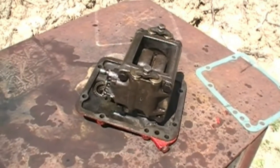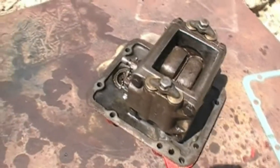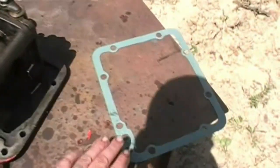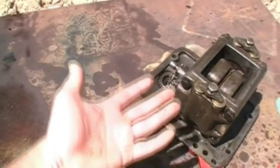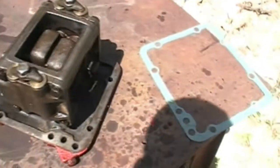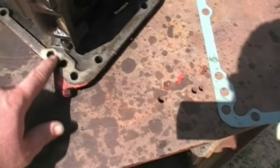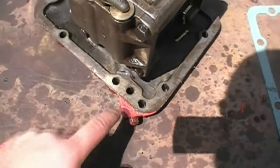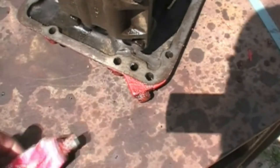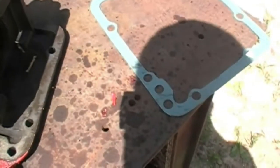This is our hydraulic pump out of the 9N. It has been disassembled and cleaned and put back together with new gaskets. Now, the flange gasket for the cover plate where it bolts up to the bottom of the transmission housing, it is important to prepare this gasket, this hole right here, where it goes around the pump supply pressure port. This is a bolt hole and this is a bolt hole. That's pressure oil. So we use a gasket maker around the hole on both sides of the new gasket,